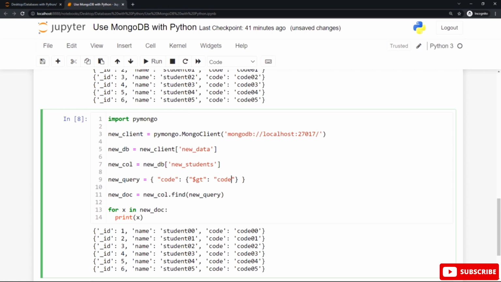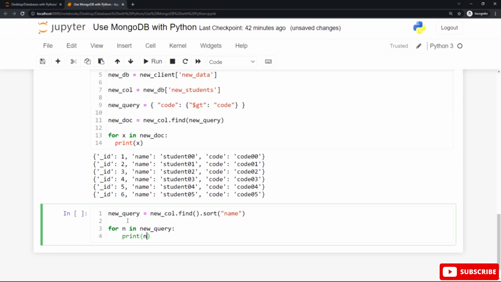In MongoDB, if you have a collection of documents and want to sort the result in ascending or descending order, you can do that by using the sort method. Let's see this in action. We have a simple example here to sort all the results for the collection called new students alphabetically by name.